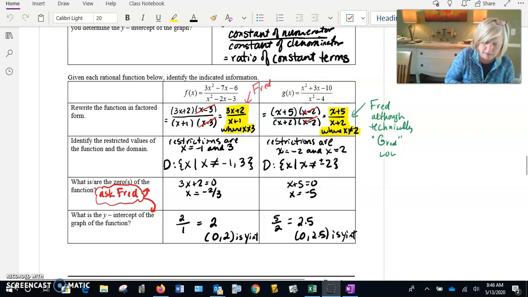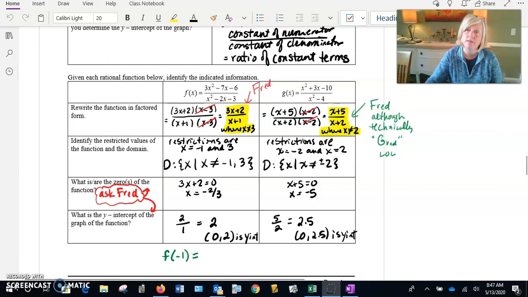if I were to do f of -1, it is undefined, but there's a lot of times where we are interested in finding what the actual form of that undefined is. And so we do want to make sure that we are seeing the form and then making a decision about what's happening on the actual graph of the rational function. So f of -1, if I were to plug that in, now, recognize that I can tell from Fred that